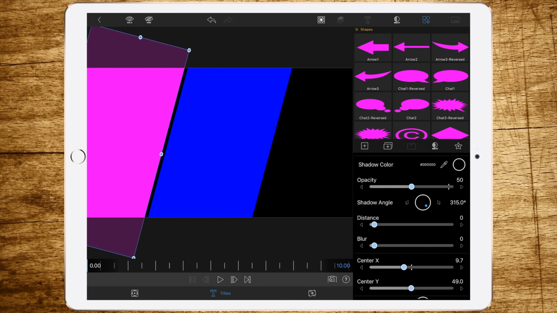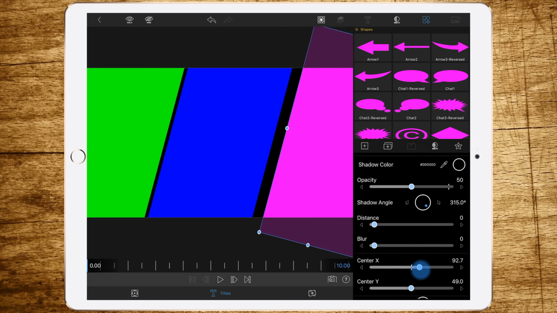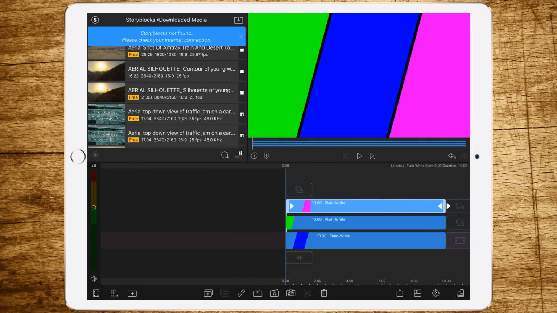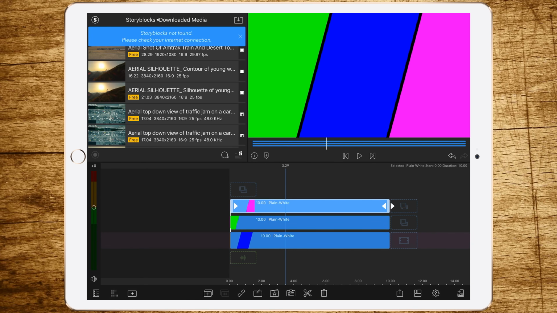And then we are changing the center. If you're doing this, be careful, because the gap between the different colors has to be the same size, because otherwise it would look weird. But that looks already pretty good. What we have now is a, I know, colorful frame, but the pink and the green area have the same size, but they are mirrored. But they have the same size, so it looks very good.